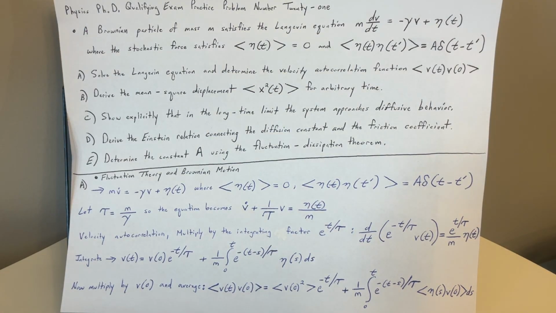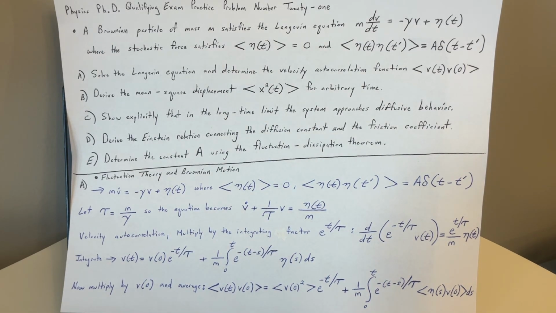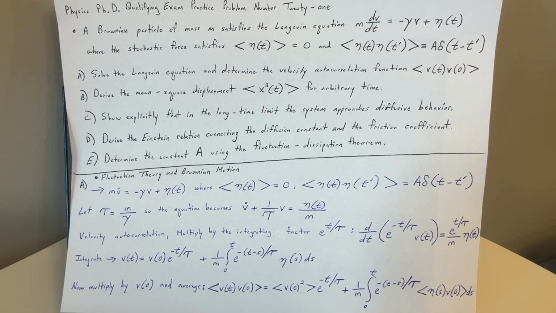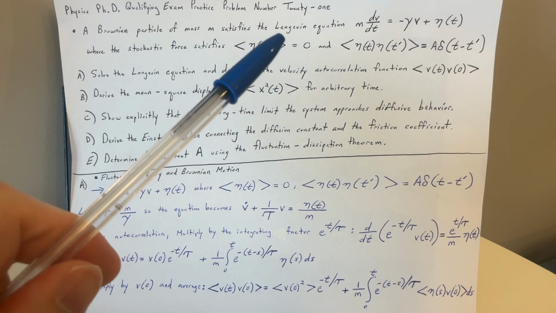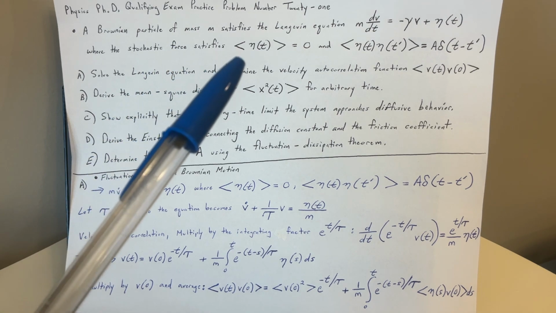So we have a physics PhD qualifying exam practice problem number 21. Let's begin. A Brownian particle of mass m satisfies the Langevin equation, and I apologize if I'm not pronouncing that properly. Langevin equation: m dv/dt equals negative gamma v plus eta of t, where the stochastic force satisfies